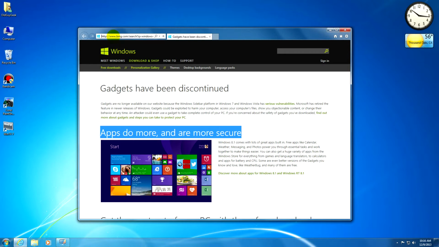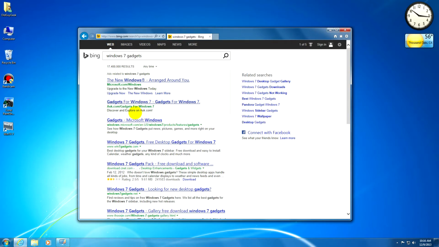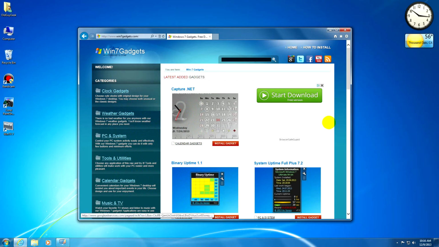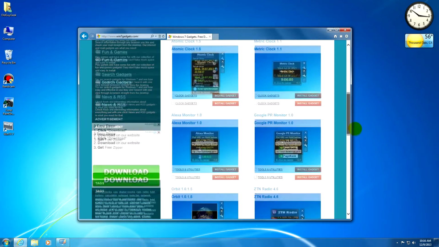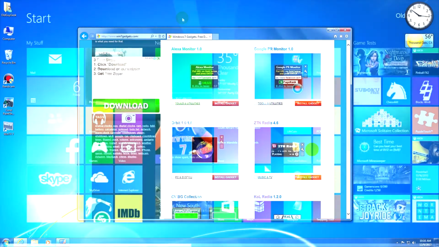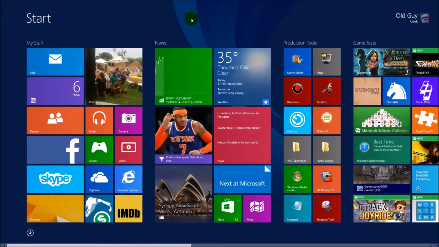So if we go and search on the internet, you can find different applications that are built for Windows 7. You can have some more tiles or gadgets and everything that give you live information, but it doesn't mean that you should go out there and get all these. It just means it was time for a new technology. So what did Microsoft come up with? Basically gadgets on steroids. We now have live tiles, which are applications delivered through the Windows Store, like I said,